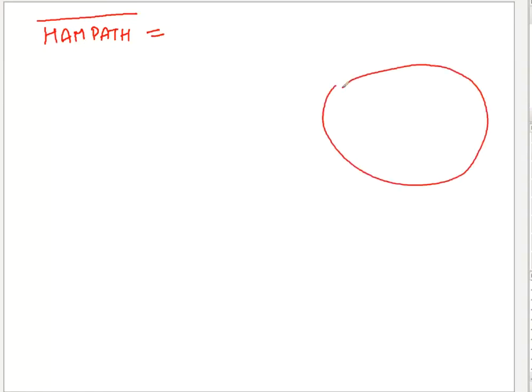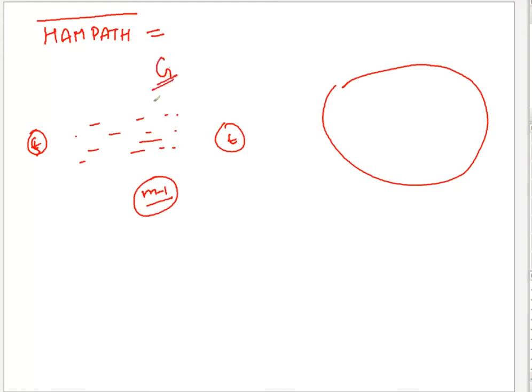For that again you have to see from S to T every possible ordering, and you have to verify that none of the orderings is a valid path. Because if any valid ordering is there which takes you from S to T and it is of length m minus 1, it's a Hamiltonian path. To prove that, you have to say that for every m minus 1 length path from S to T, whenever you try to put the ordering, it is not a valid path as per the graph G. Either there is no directed edge in some ordering or there is some other issue.